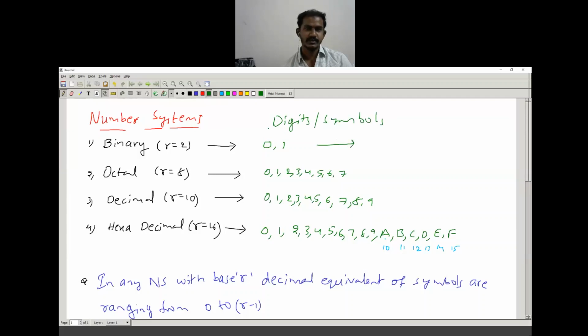Okay, now we can observe here. What is the range of the binary number system? In total we have 0 and 1. We have 0 to 1, or we can say it is 0 to 2 minus 1. Coming to the octal number system, how many symbols are there? We have 8 symbols. These are 0 1 2 3 up to 7. So the range for the octal number system is 0 to 7. So I can write 7 as 8 minus 1.